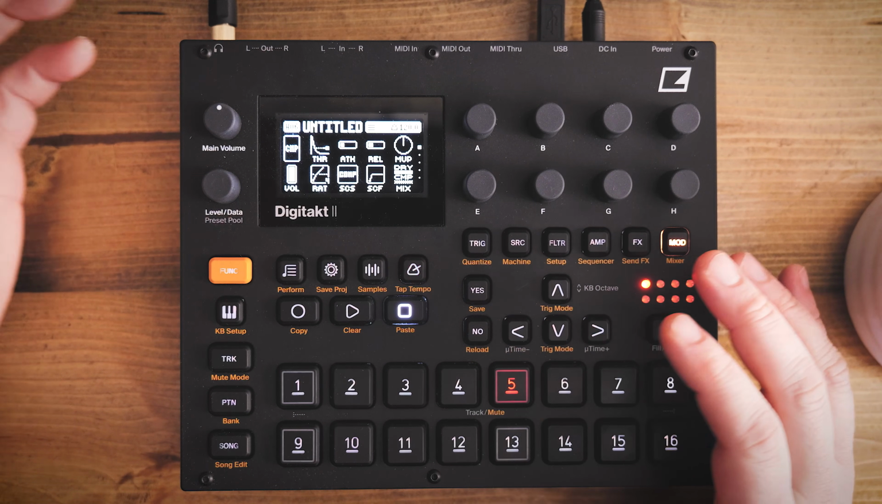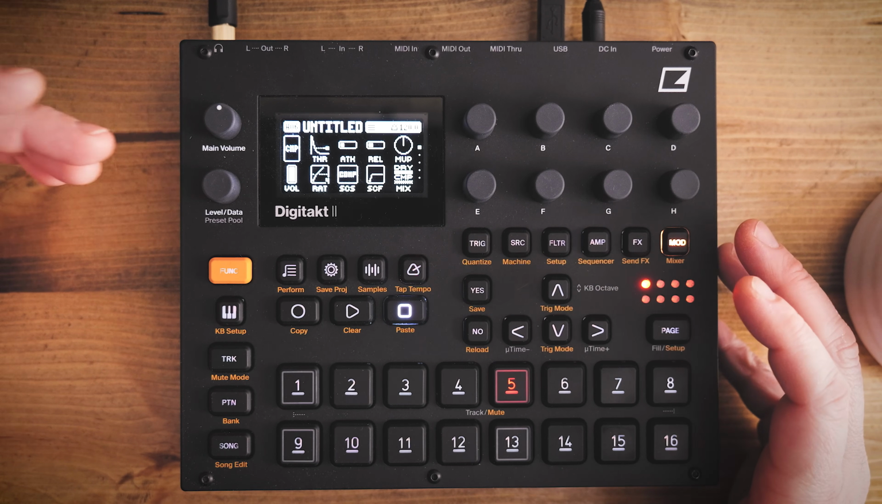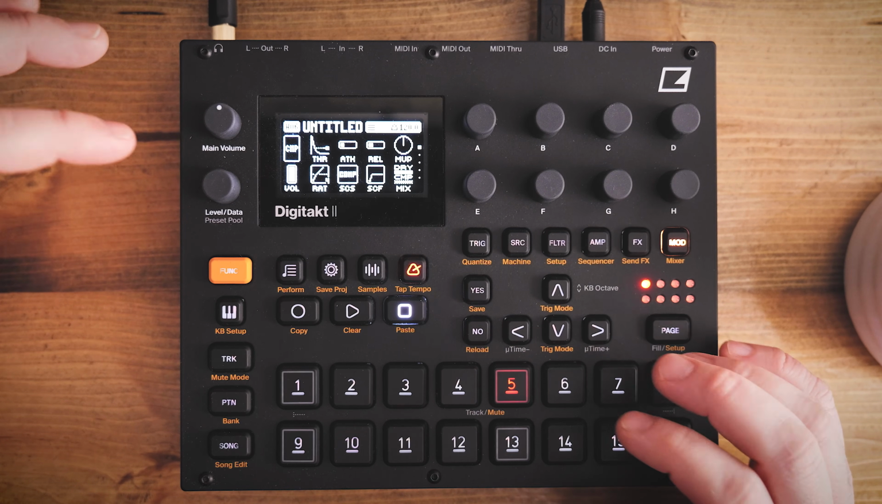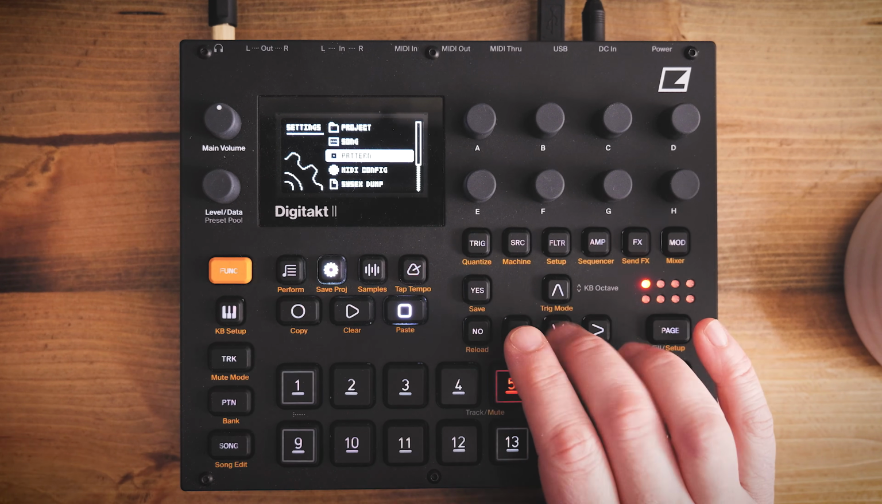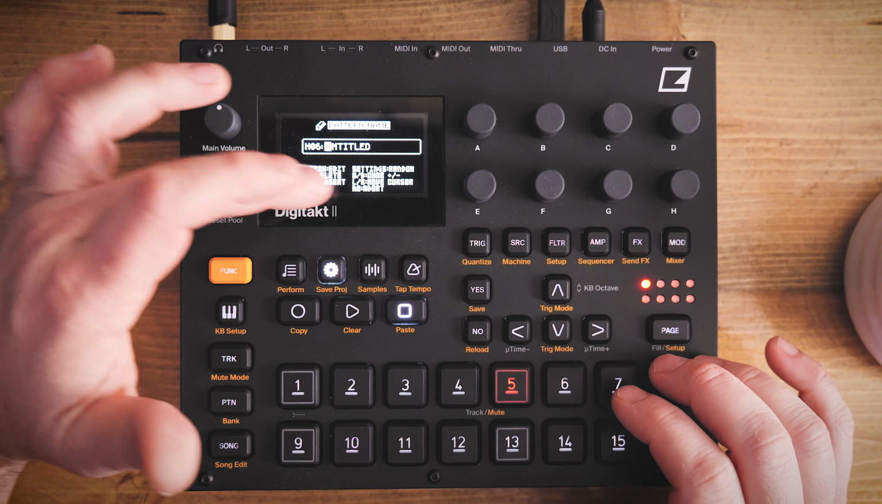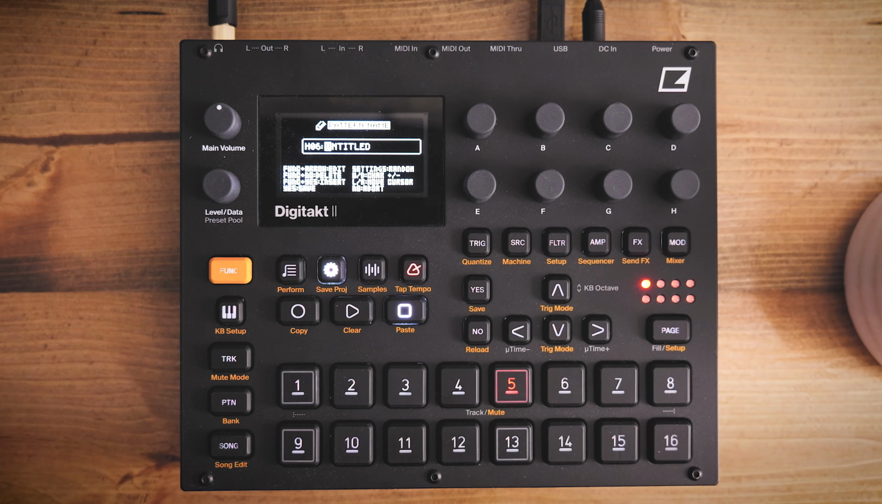So I've got a brand new pattern set up. The first thing I'm going to do, and I suggest doing this with all of your new patterns or projects, is that you just give it a name. So if we go to the settings menu and go down to pattern, we can go rename, and we could go through and actually give it a name, but considering I don't even really know what it's going to sound like yet,